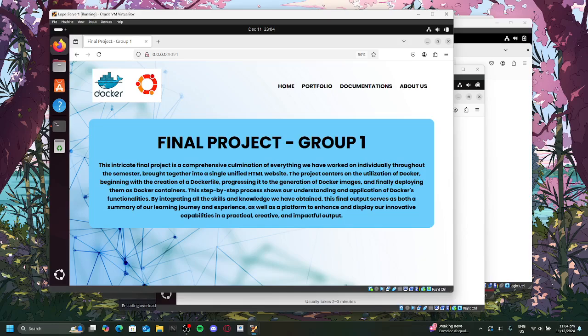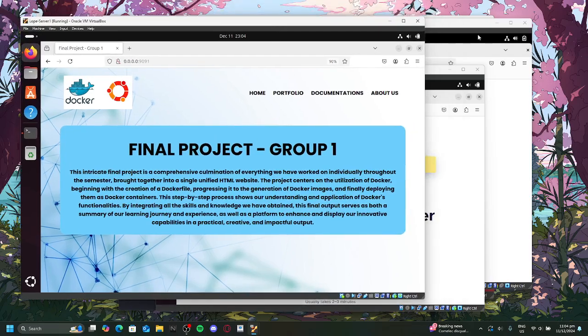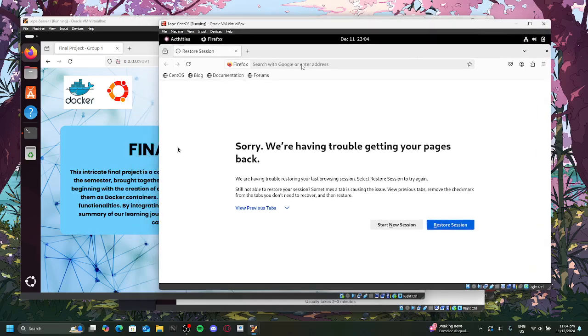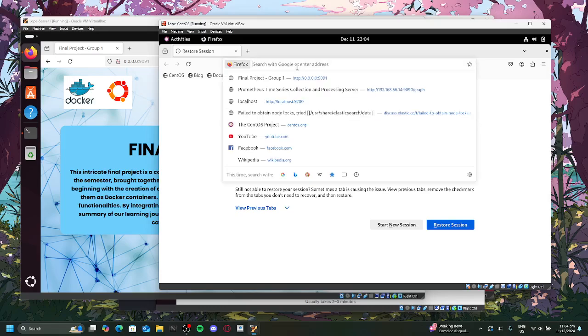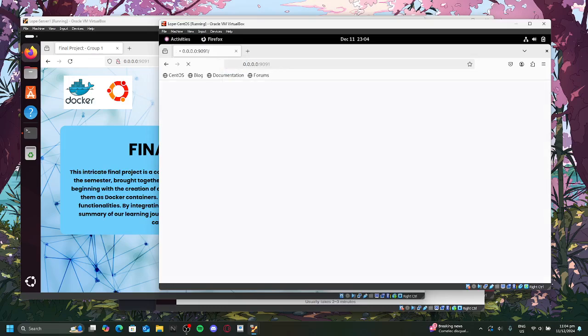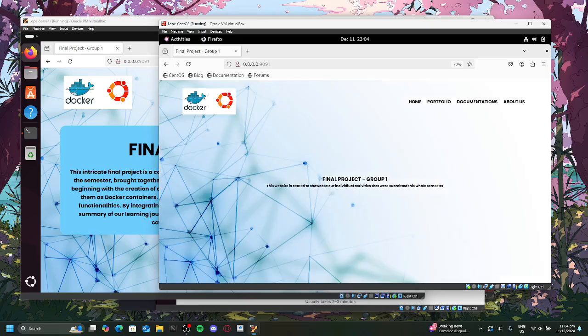So we're gonna check the other VMs if it is the same also. Zero point zero point zero. Here we can see that it is also, oh, it is not loading. Wait.